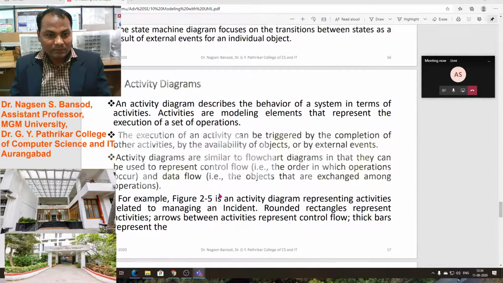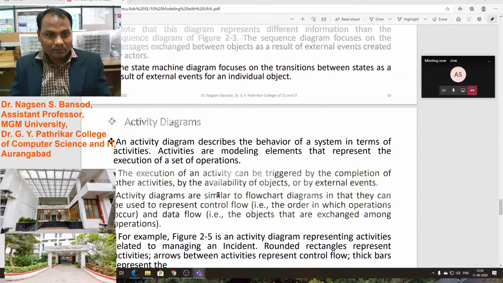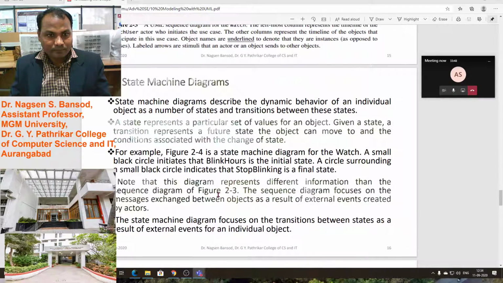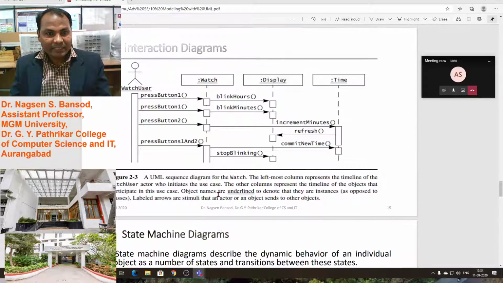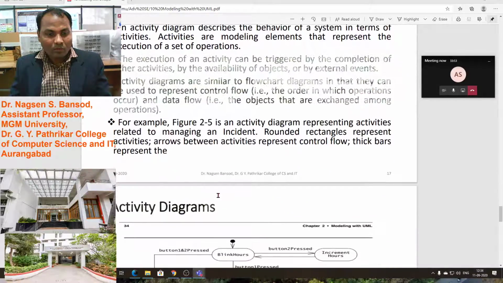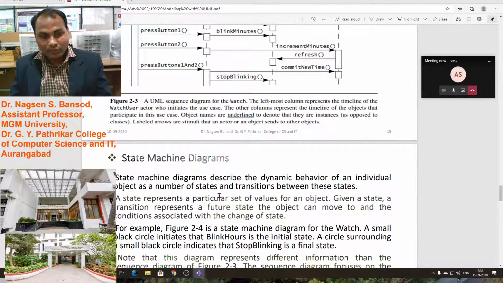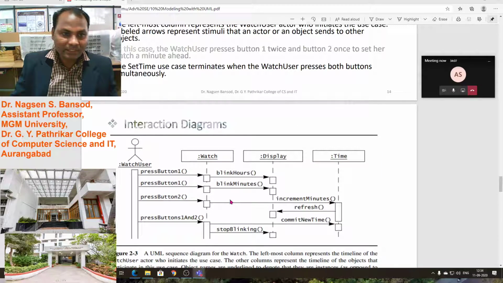And in the state machine diagram, we show the transitions, how many stages there are. To represent the states, we have to use the state machine diagram.